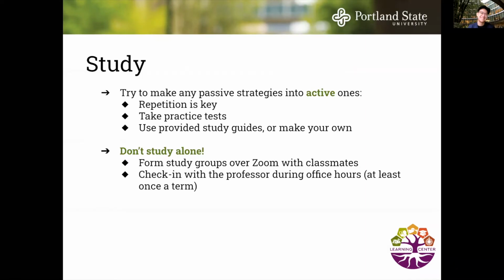Yeah, and so the next step, studying, getting into the bulk of it. We'll talk about, again, trying to get into active study strategies rather than passive study strategies. Passive is when you're just going through, maybe you're reading, but you're not engaging in any of those other ways, and you're not a visual text learner, and so you're not absorbing it. So really being active and intentional. And in active learning, repetition is key.